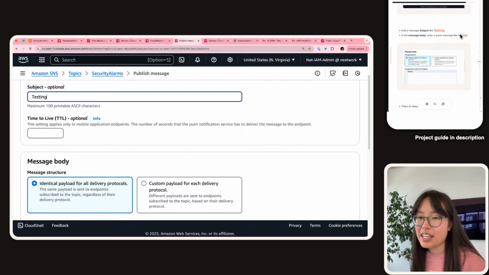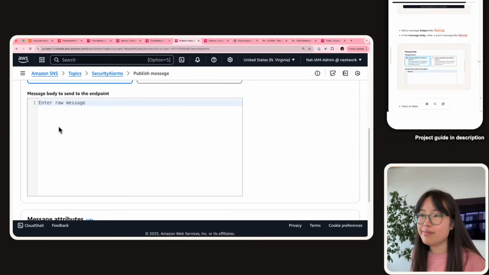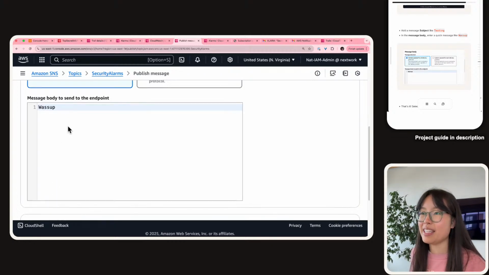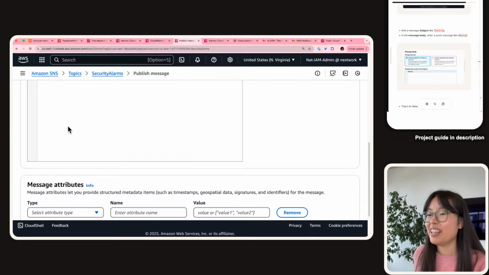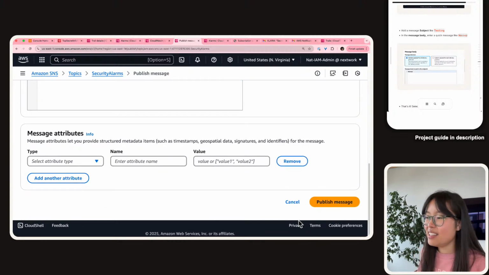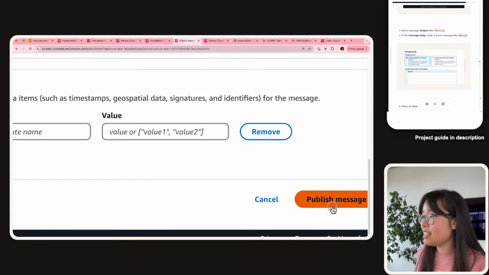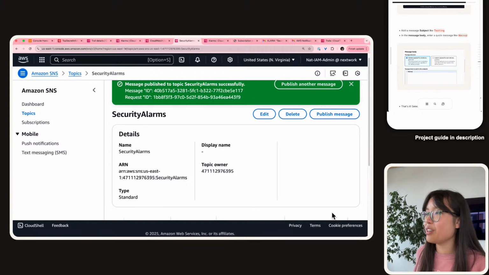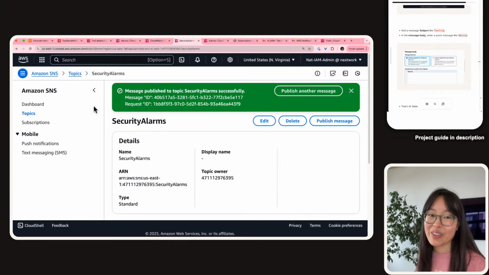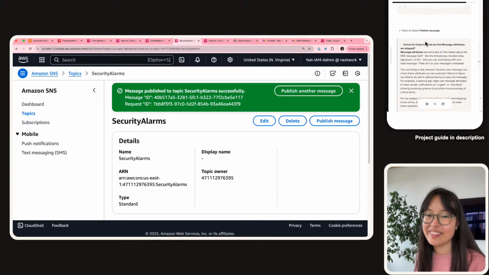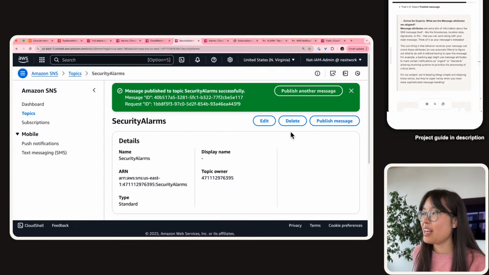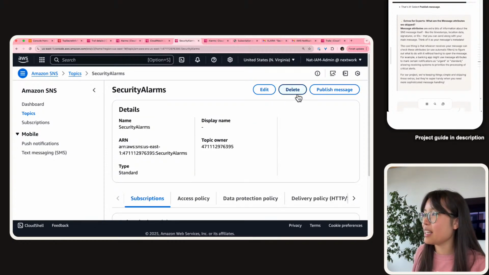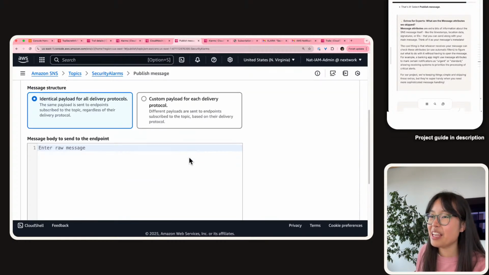And then the message body is going to have a quick message like, what's up? That's the message we're about to send in this test. Okay, once it's done, we're going to select publish message. And this is how you can test whether or not SNS can correctly send emails to your address. Now, I'm going to let SNS take its time sending that message to me, because in the meantime, you might